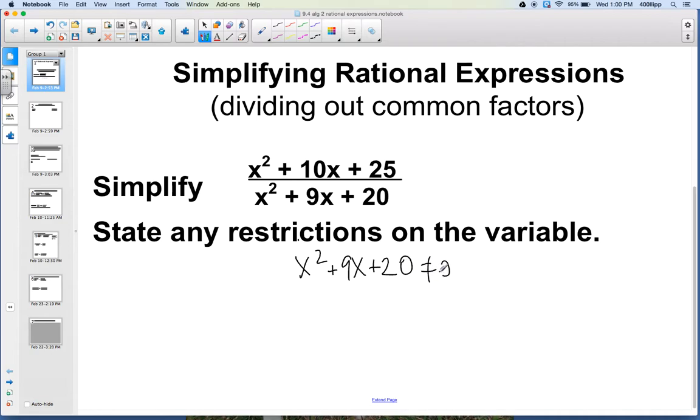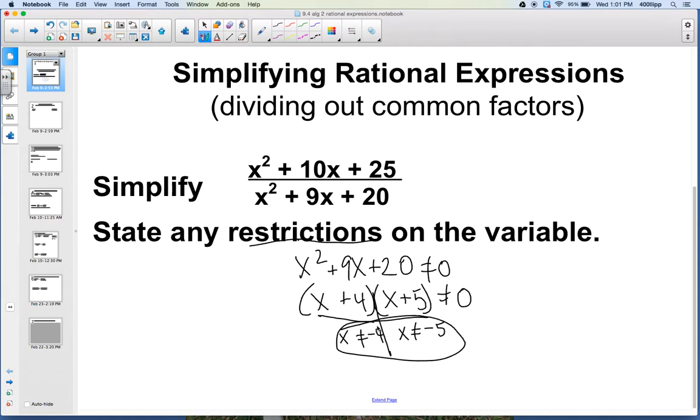That cannot equal 0 because it's in the denominator, so I'm going to factor this. I'm going to say what multiplies to c, my constant term, and adds up to b, my linear term. The two terms that multiply to 20 and add up to 9 are 4 and 5, and we can go straight to the two binomials because the value of a is 1. When we do our t-chart and solve, x cannot be negative 4 and x cannot be negative 5. Those are the restrictions